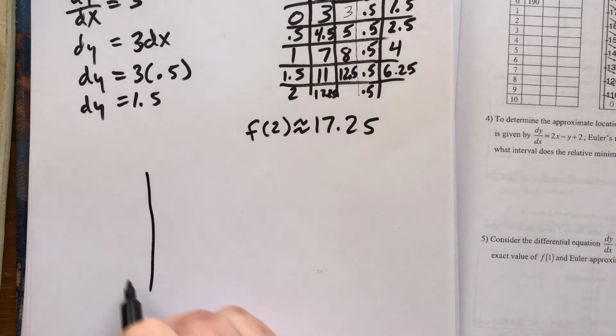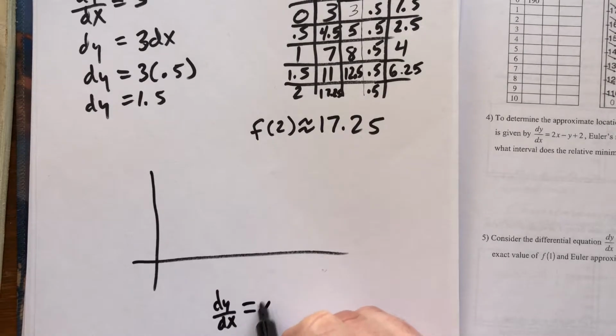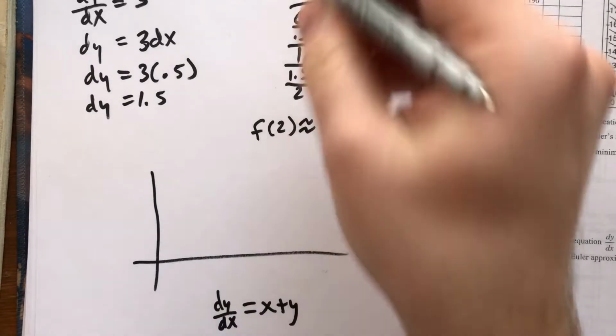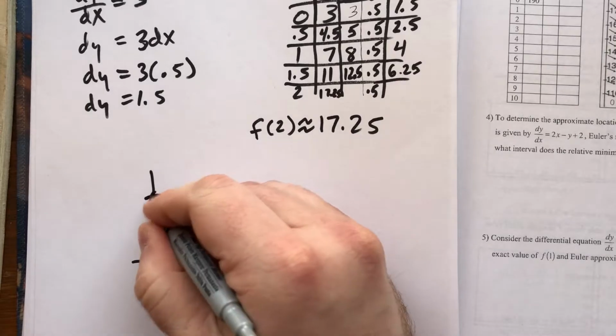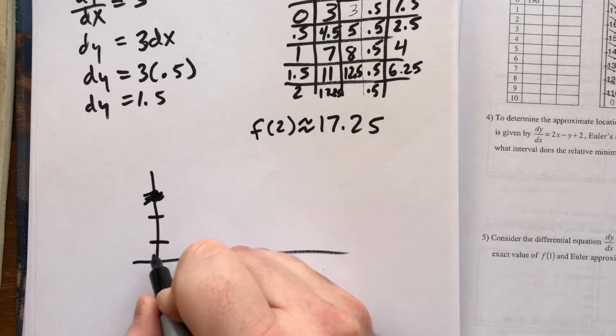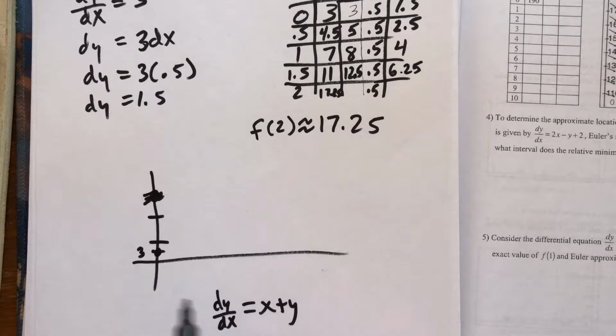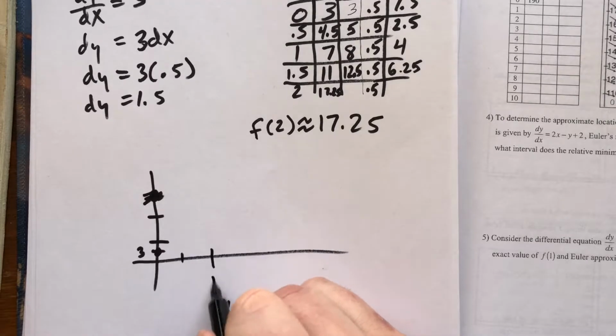So I just want to visually show you what we just did. We know dy/dx is equal to x plus y. And we know that f of 0 is 3. So what we did, well, let's say 3 is down here. So what we did was,